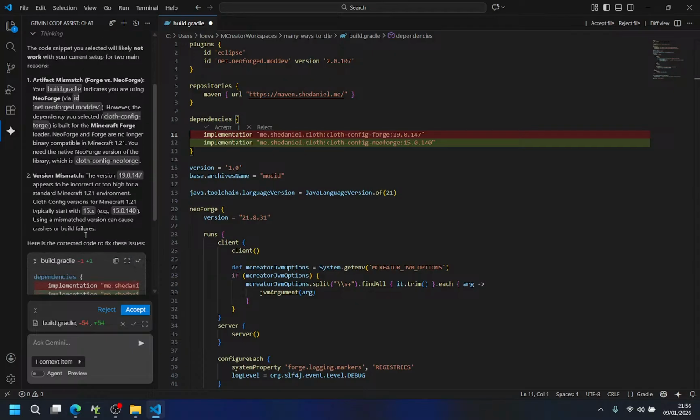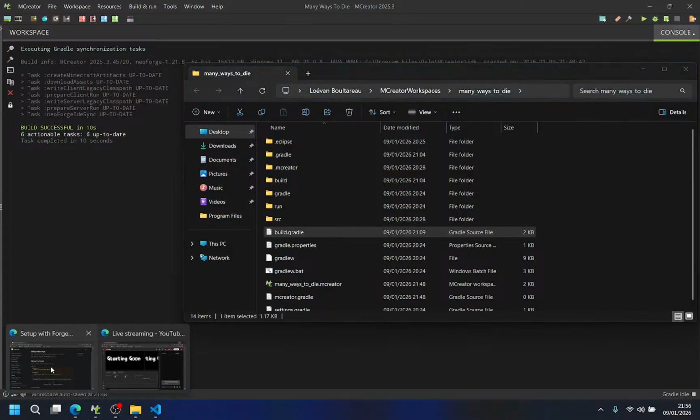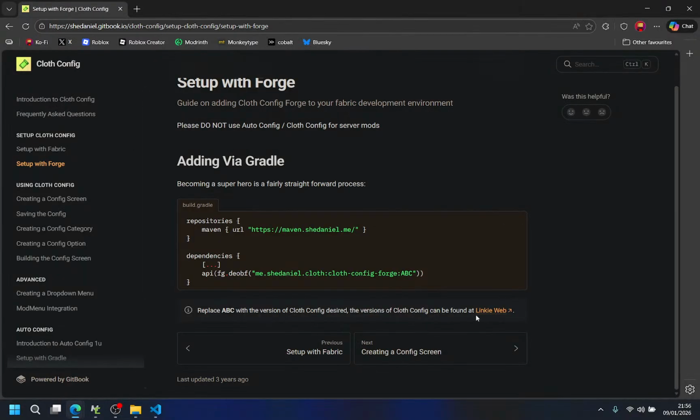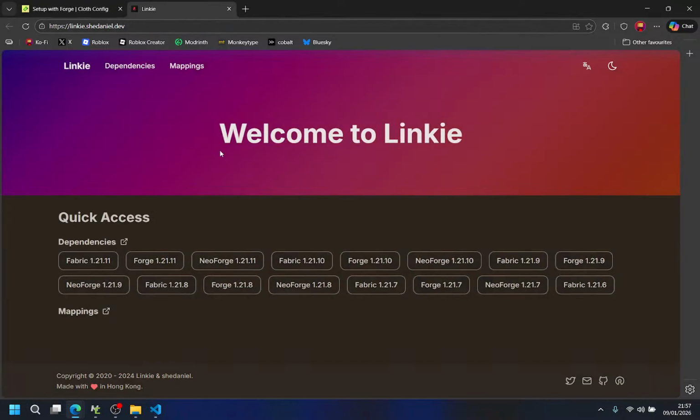Oh, that is why. But wait, there's a problem then, because if I go to Linky Web, of course it opens, but doesn't actually open in a new tab, right?